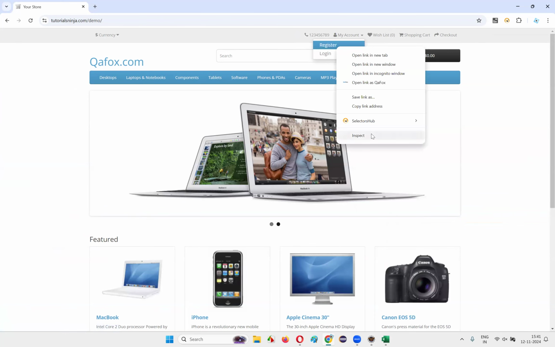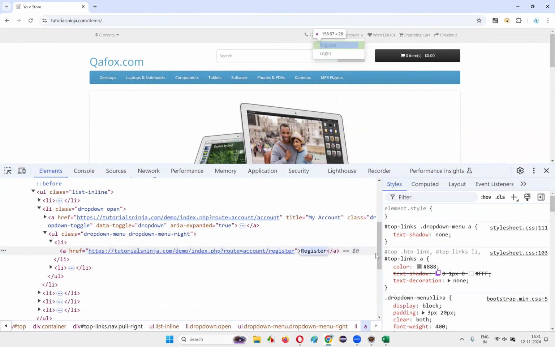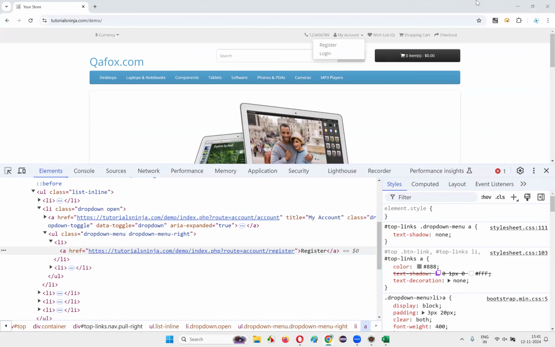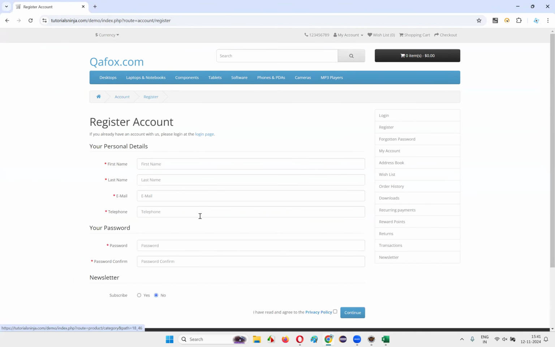select the register option. Inspect this register option. So here register is a link text locator, in between the anchor tags. So I'll just simply write down driver dot find element by dot link text, provide the link text locator and simply say dot click. Okay, once I select the register option, I'll be taken to the register account